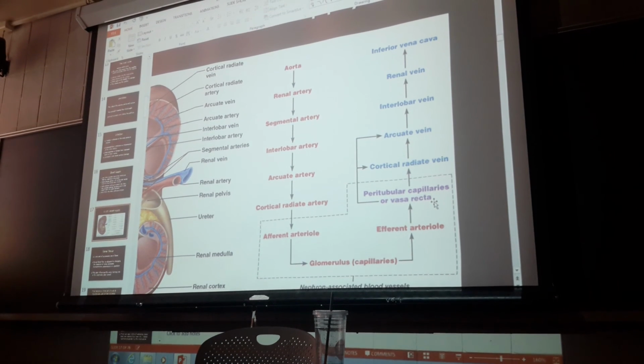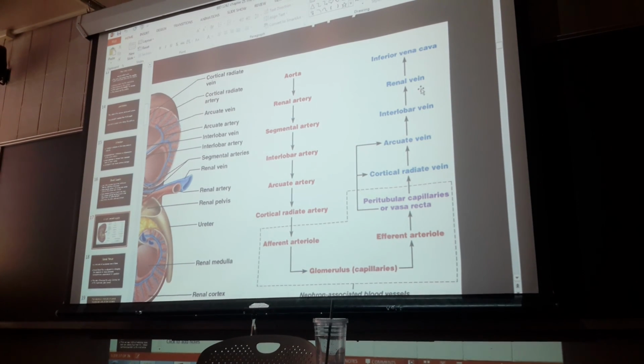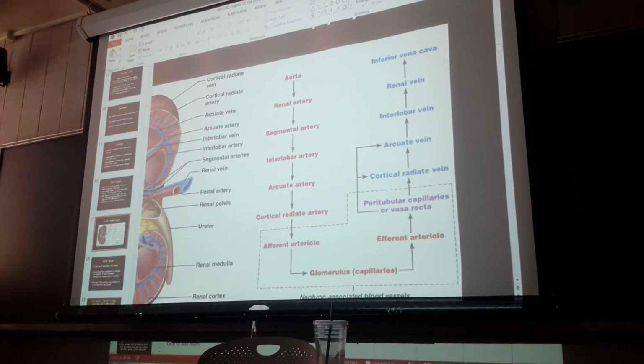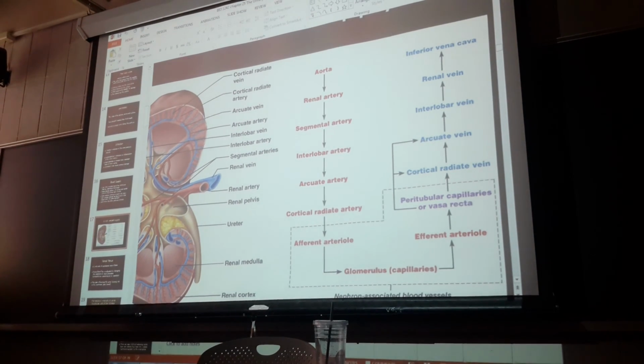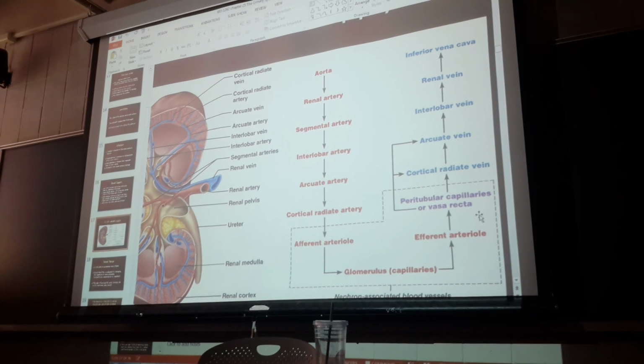So we'll look at a picture of that. And then we just reverse the order. Cortical radiate, arcuate, interlobar, renal, and inferior tubular. So we're coming back out. We're going to go out in this area. We're going to go out the capillaries. We're going to return 98%. And then we're going to leave the cortical radiate. We're going to